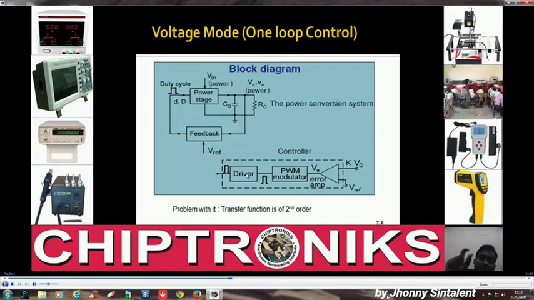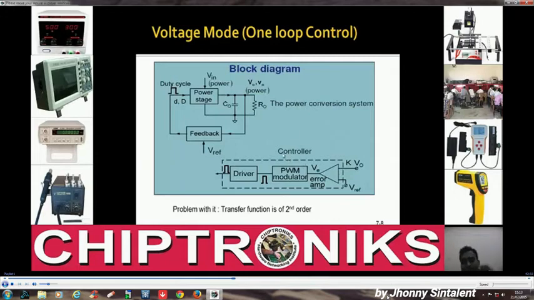But at what time it will generate drive high, what time it will generate drive low, till how many seconds it will have drive high, till how many seconds drive low will be high, all this will depend on this feedback error, right? This V error comes from comparing the output voltages, and it will give an error signal. It will get fed to the PWM, the internal PWM modulator present in the regulator IC. That will generate the gate drive signal, and that will control the turning on and turning off of